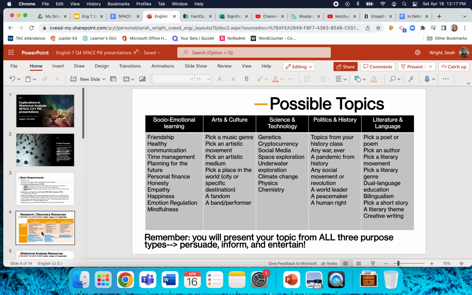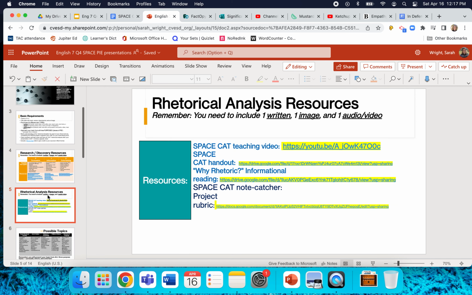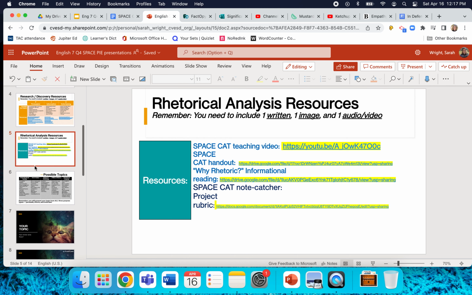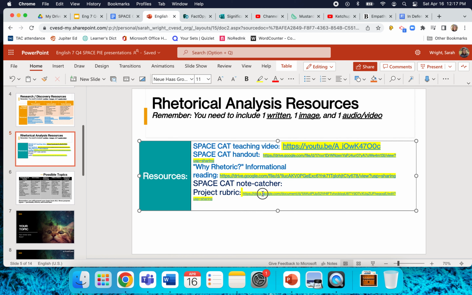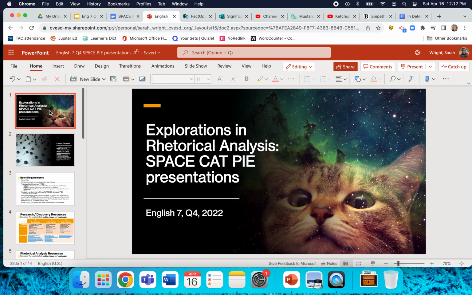Again, if you need resources for researching, they are in this presentation. If you need resources for making sure you understand all the elements of SPACECAT and why rhetoric, they are here as well. If you need to see the rubric, again, it is linked here. I would click on that link, hit Control, and then go Open Link. All right, everything that you need is here, and I think we're going to have a really good time with this, and I'm just looking forward to seeing what cool things you are